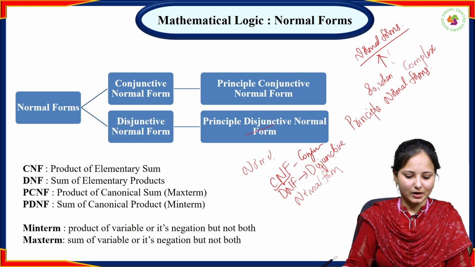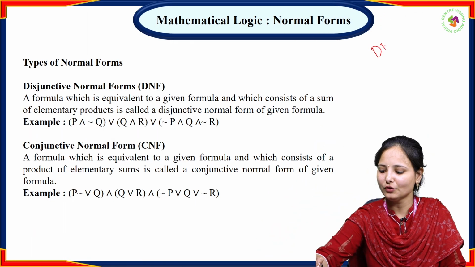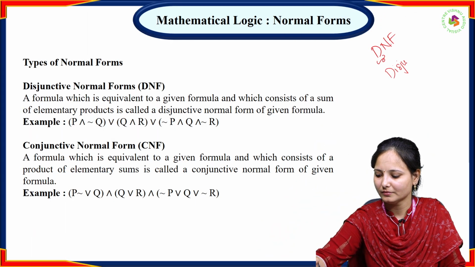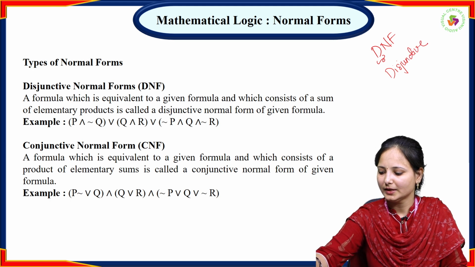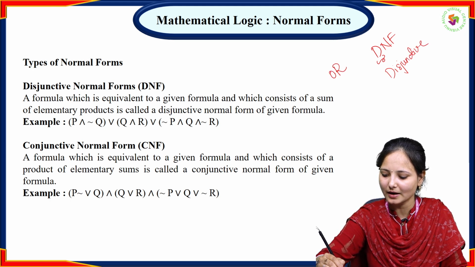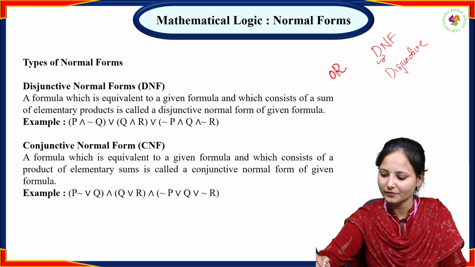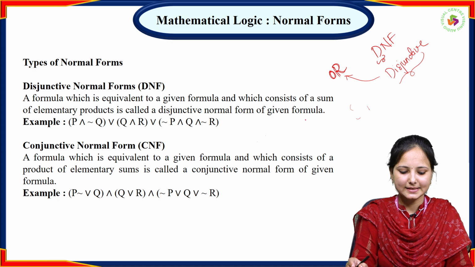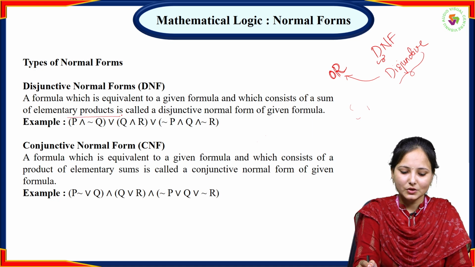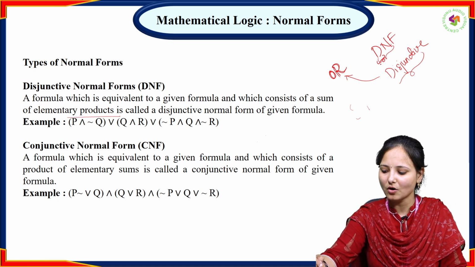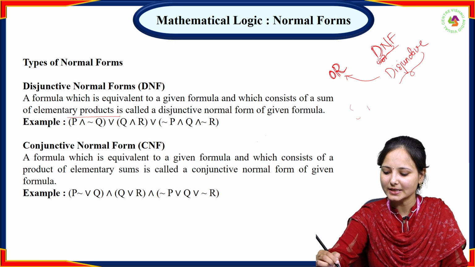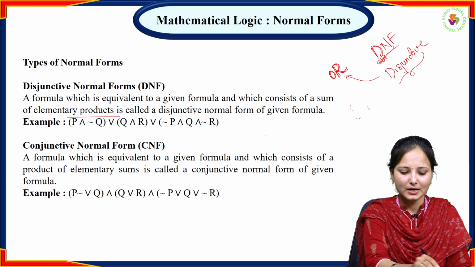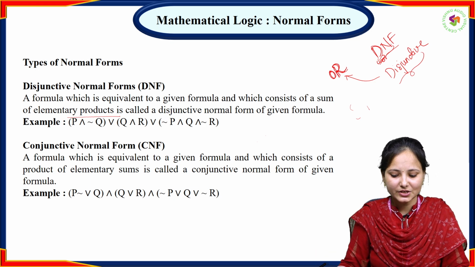Here we will see one by one. So first we will go with disjunctive normal form. As the term indicates, disjunctive. Disjunction we have seen already that it is an OR. We are using disjunction for OR. So disjunctive normal form is nothing but a sum of elementary products. By the term DNF we say disjunctive normal form, disjunction is OR. So here we are using a sum of elementary products, or sum of elementary products is a disjunctive normal form